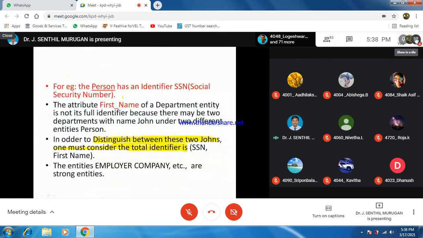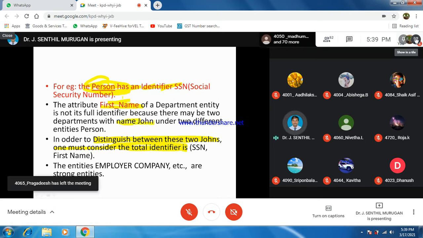Next, for example, a person. A person is there. How to identify a person? Based on his first name. Suppose 2-3 people are there with the same first name, John. Here we have to distinguish those two names using the total identifier.